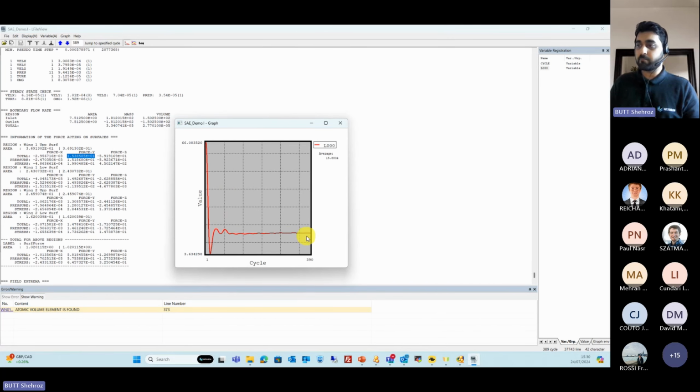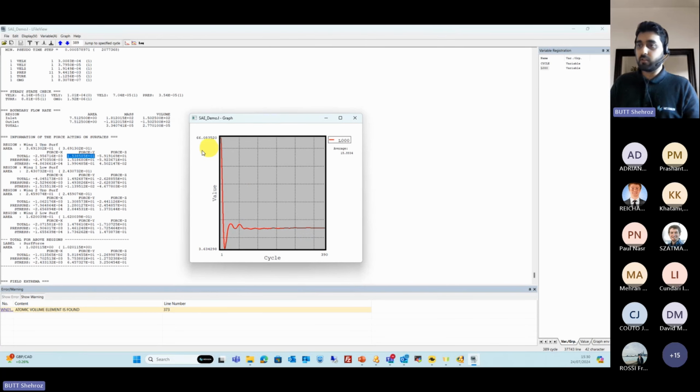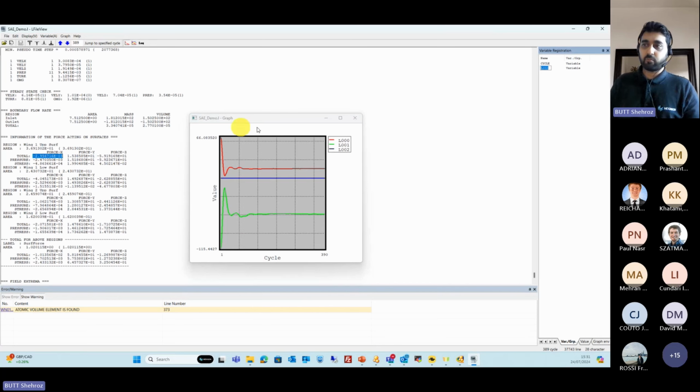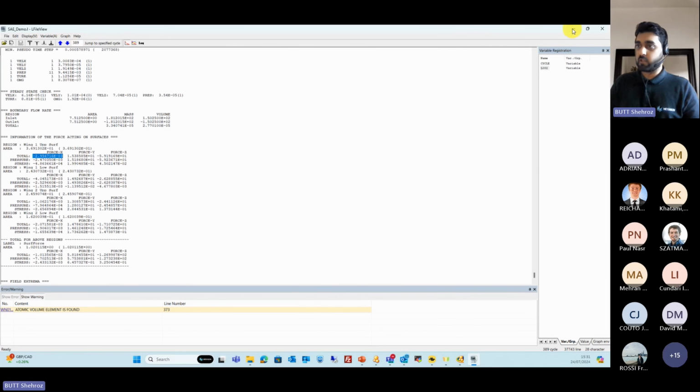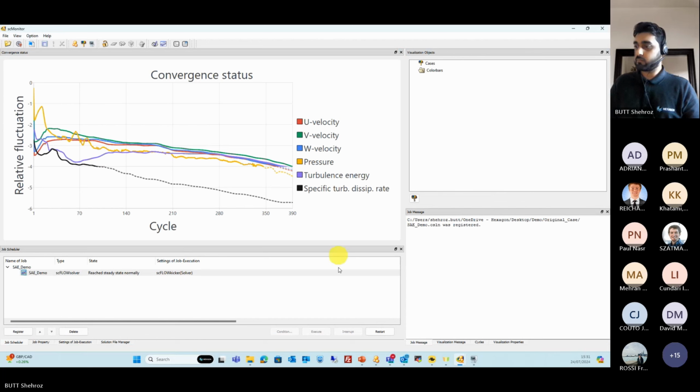You can see here it has converged, and you can also select different variables and select them on the same graph by pressing Control and clicking on them. And you can also export these files and all the data into a CSV format, which might be very useful for your results comparison. Okay, so I'm now going to open the